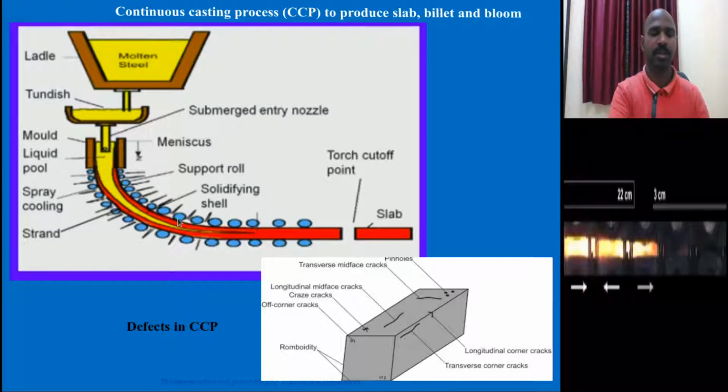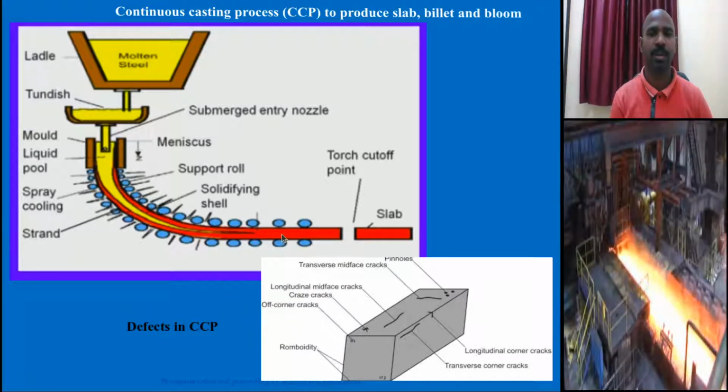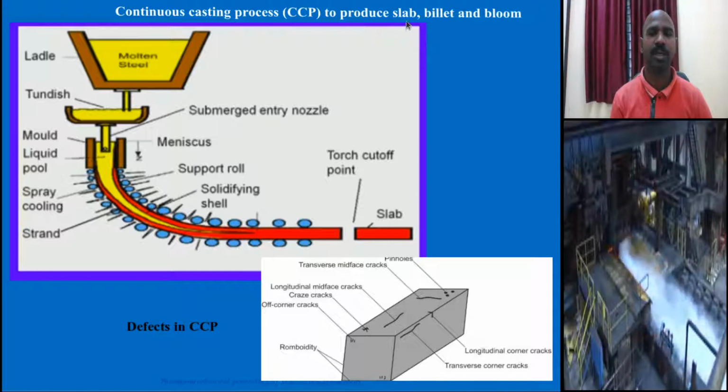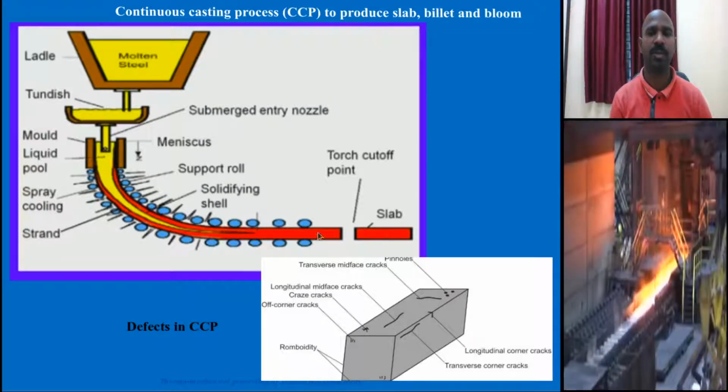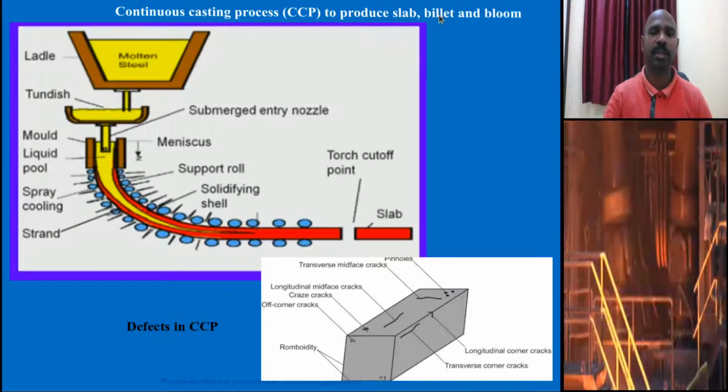These rolls allow it to move. Finally it is solidified, reaching near room temperature, and using a torch you cut it, maintaining the dimensions of the slab. Similarly, you can use another mold to produce billet and bloom dimensions.